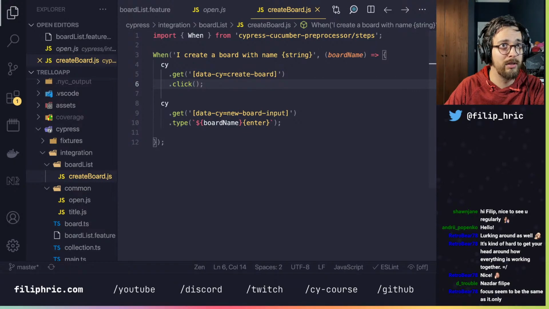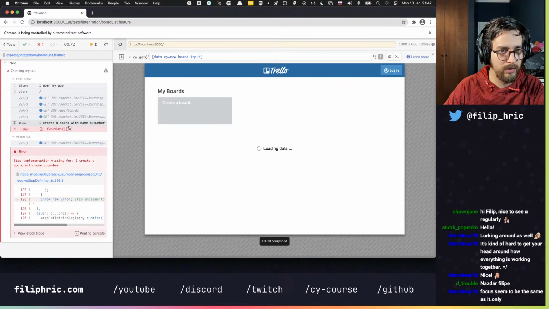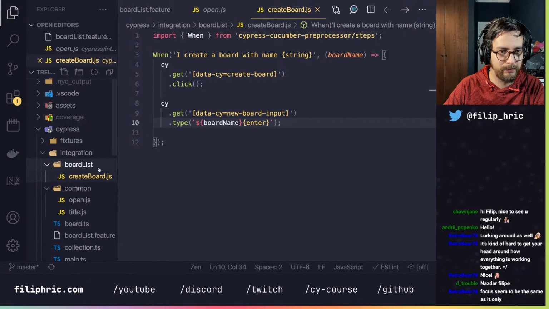Do you see what I forgot? Oh, the focus seems to be the same as it only. I thought so. I thought that might be it. Okay, when I create a board, it seems like it can read the when, but then there's this function, and the function gives me an error, step implementation missing. So it says that the step is missing, and I wonder, because it said that the board list folder should be